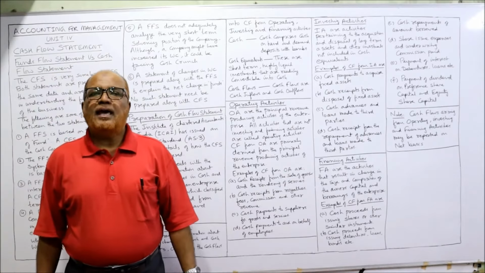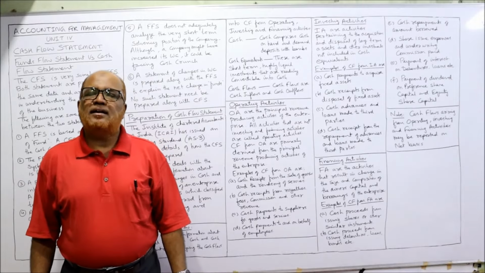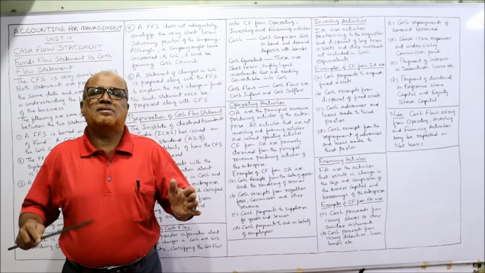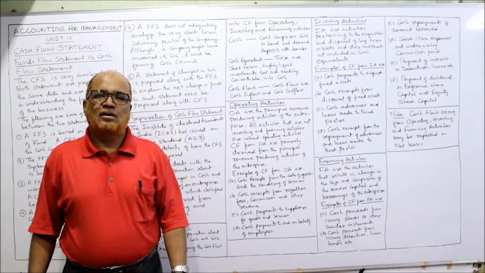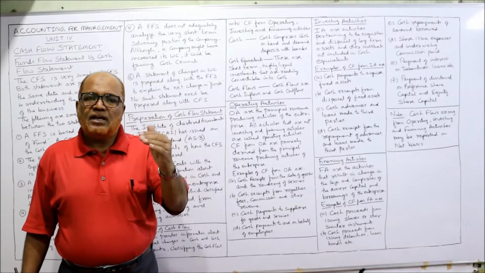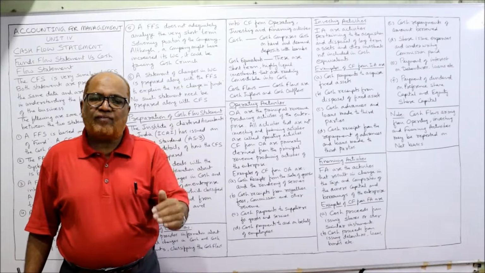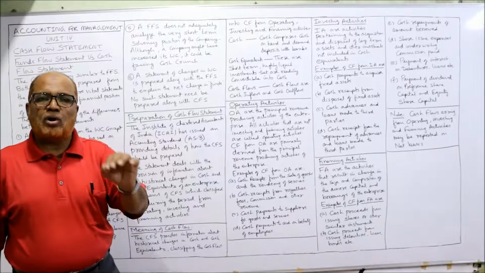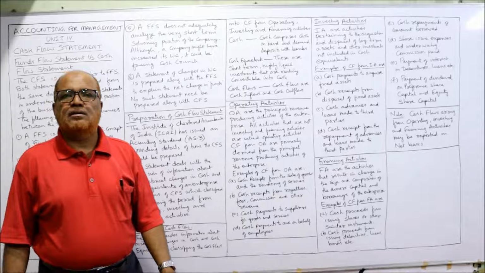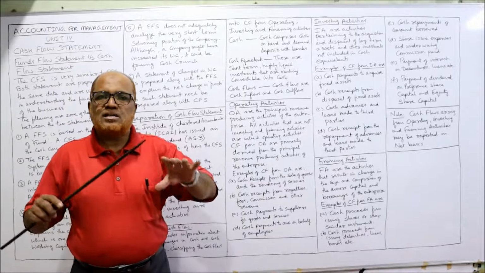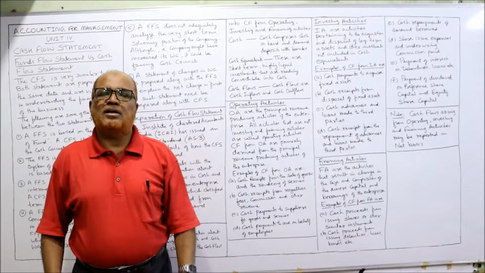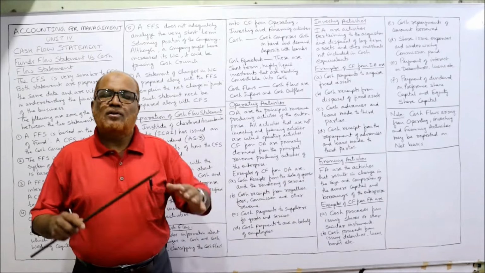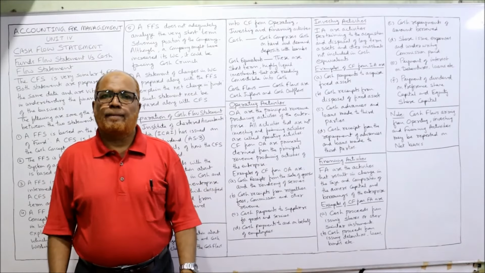Now AS3, Accounting Standard 3, has classified all the activities of the business into 3 categories: operating activity, investing activity, and financing activity. This information is very much needed because without understanding this, you cannot understand the preparation of the cash flow statement. All these are the foundation stones for making the cash flow statement.